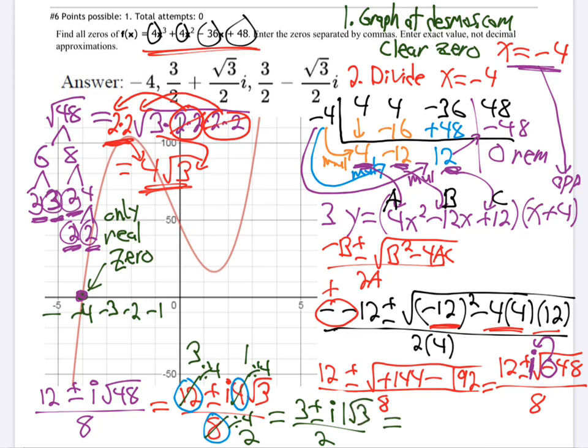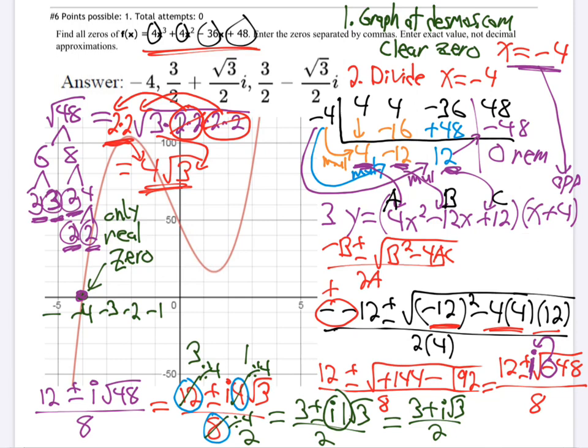Right? And now let's separate it. This 1, i times 1 is just i, right? Multiplying by 1 doesn't do anything, so I'm going to ignore that. My 2 separate answers are 3 plus i root 3 all over 2,